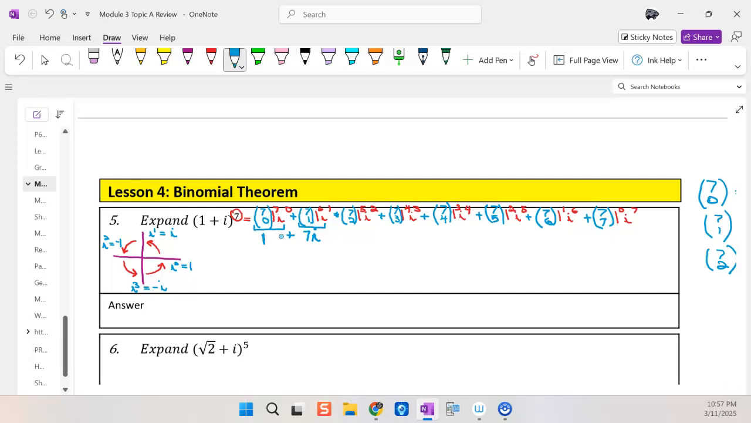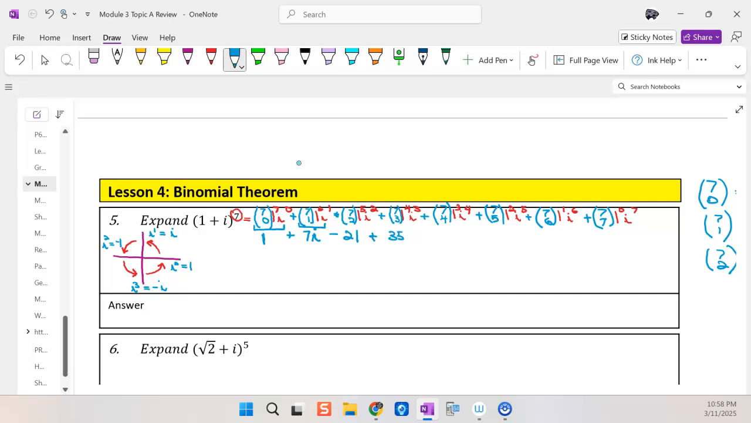Okay, my third term, 7 choose 2. We said that was 21. 1 to the 5th, I'm just multiplying it by 1 so I don't write it. And now i squared, guys, remember, is negative 1. So that's negative 1 times 21, okay, which is going to turn it into negative 21. So I'm going to write minus 21 plus,